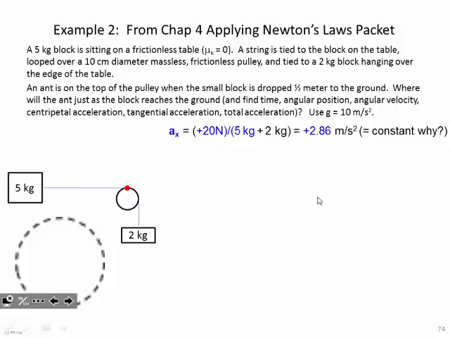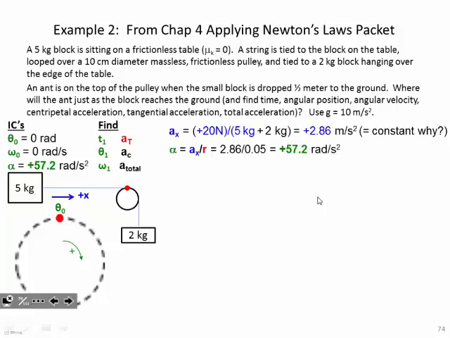So we've got some initial conditions. We're putting the ant at the top. I'm going to call that 0. That's going to be my 0. I've defined plus rotation as clockwise, starting at 0 radians per second, and I've converted our linear acceleration to a radial acceleration. I don't need any of that, though, to figure out where the ant lands or stops at the end, as Ben said, because I can just take the distance, half a meter, and see how many rotations half a meter equals on